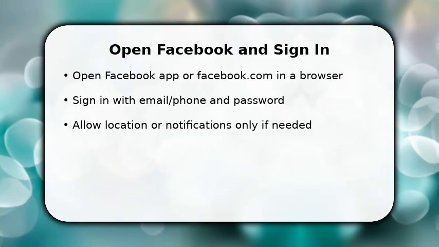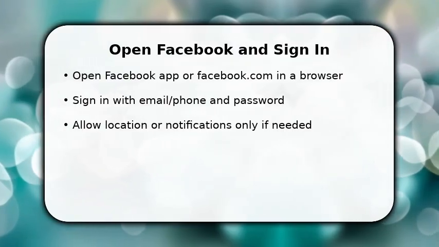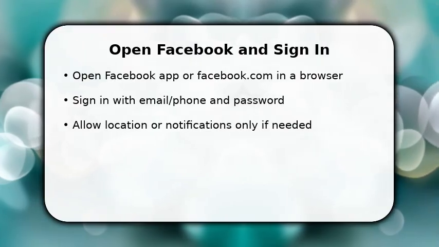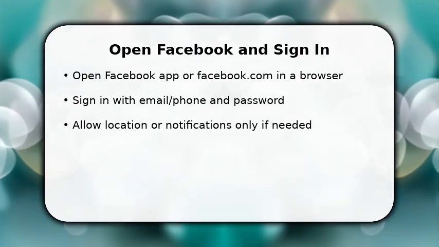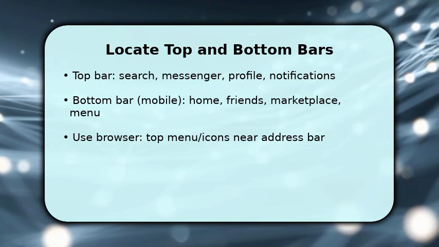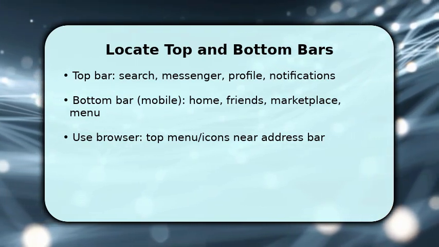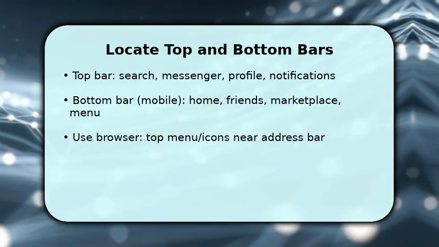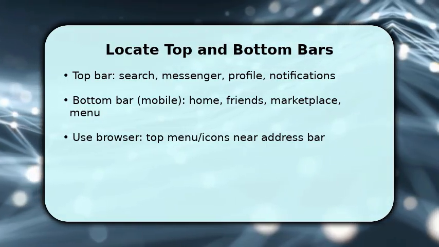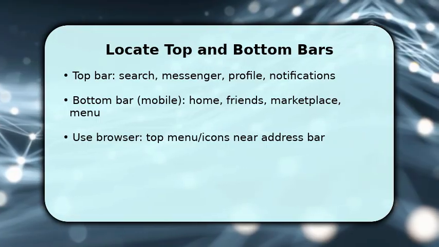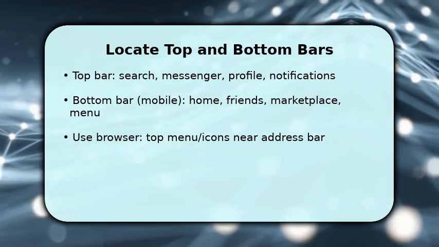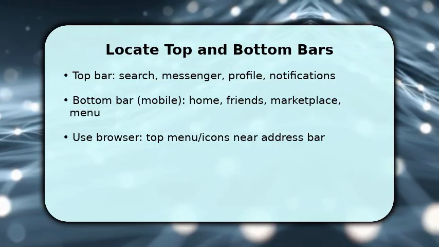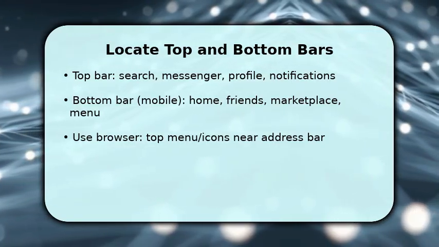Now that you're authenticated and on the home view, move to the next step to visually locate the top and bottom navigation bars. Next, visually scan for the top bar, which contains the search box, messenger icon, profile shortcut, and notifications. These sit at the screen's upper edge on both mobile and desktop. On mobile, look at the bottom bar for quick tabs: home, friends, marketplace, and the menu. Swipe up if hidden. On desktop, the top menu aligns under the browser chrome, so move your eyes just below